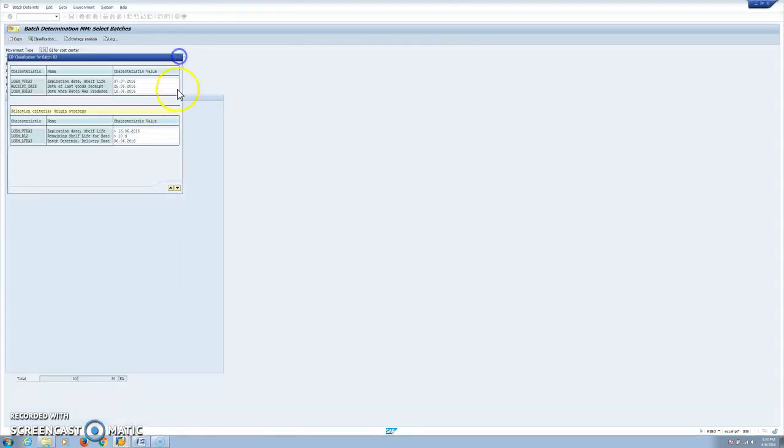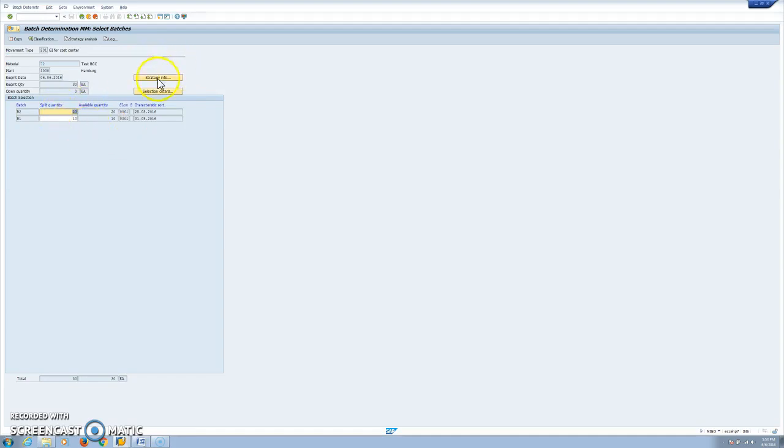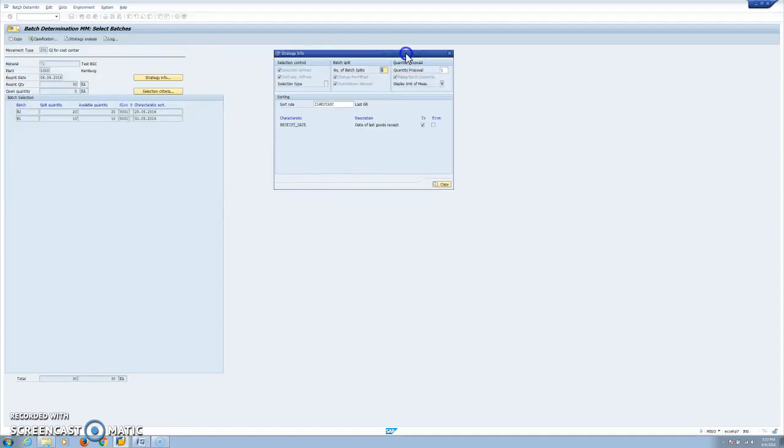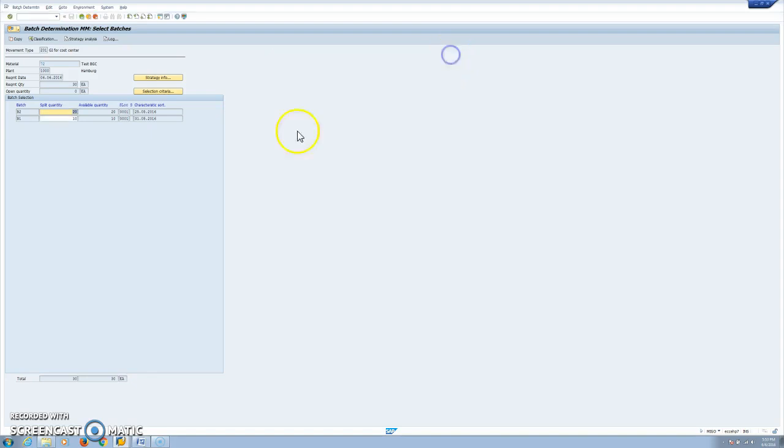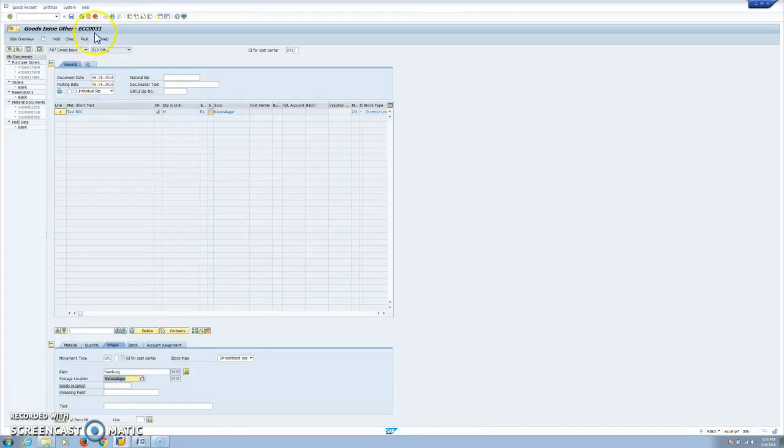So this is what we can see here. We also have an overview of the strategy here with all the information that we have defined and with the sorting rule in ascending order. So this is how FIFO works. Now, if we want to make the same example with LIFO, last in, first out,